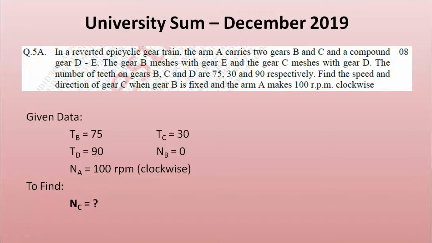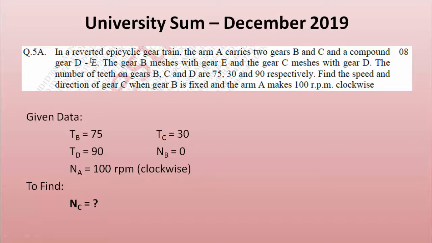After solving those random questions on epicyclic gear trains, we will look at the previous two question papers. Okay, so this was the Mumbai University question paper, December 2019. See, it is possible that in the exam they do not give you the diagram. So you have to read the question carefully and draw the diagram accordingly.